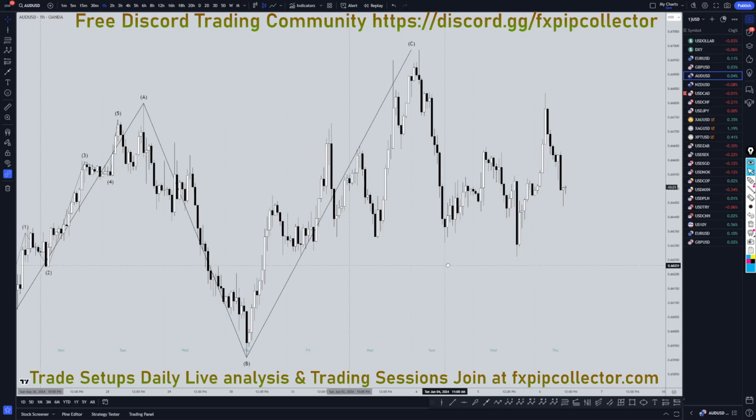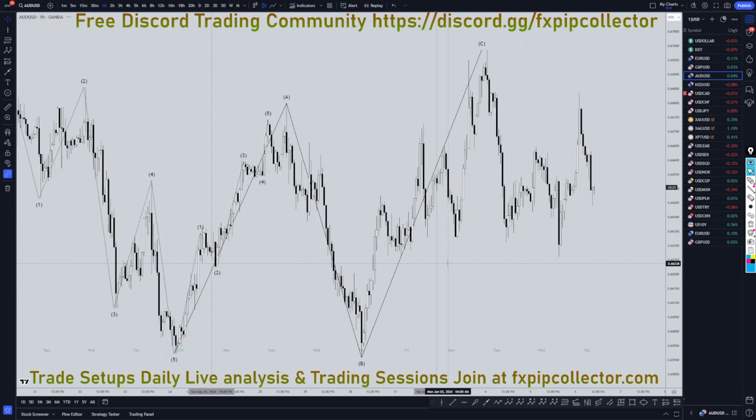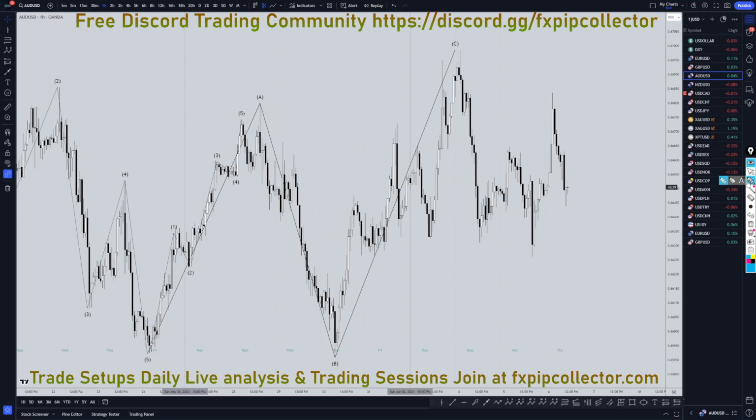Heading down to the 1 hour time frame, like I was saying, it definitely looks like we should be in a wave C. It looks like it should be trending down in that wave C, just like I was explaining on the 4 hour time frame. And I think it would make a lot of sense if it did do that. But I also realize that we are most likely in a very strong uptrend on all the higher time frames. This could easily make a higher low, break structure and just keep on trending up,